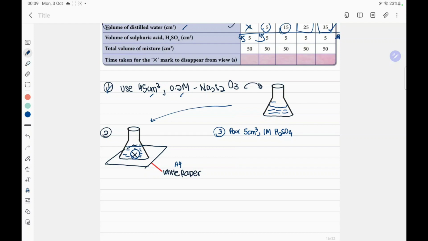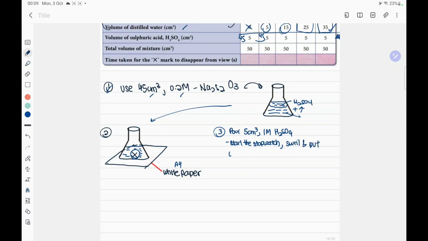We are going to pour the sulfuric acid. At first you have the sodium thiosulfate solution, and then you add the sulfuric acid. But once you add the sulfuric acid into the conical flask filled with the sodium thiosulfate solution, you have to start the stopwatch, because the reaction starts as soon as you add the acid. You have to start the stopwatch, and you swirl,